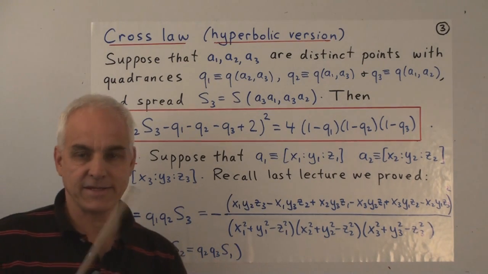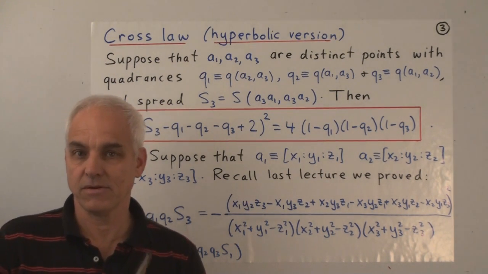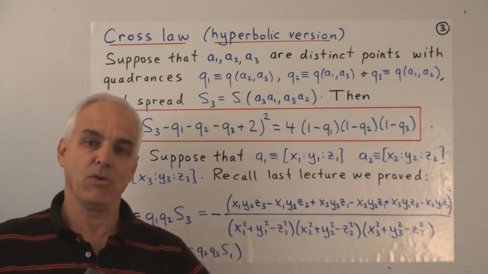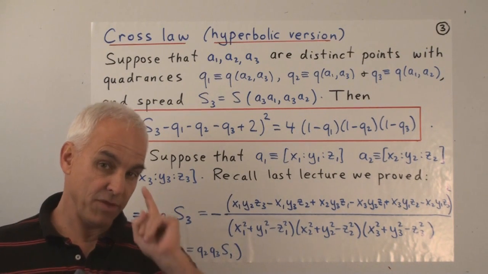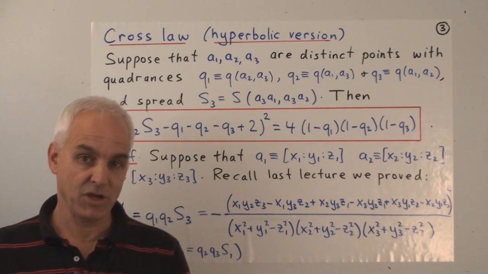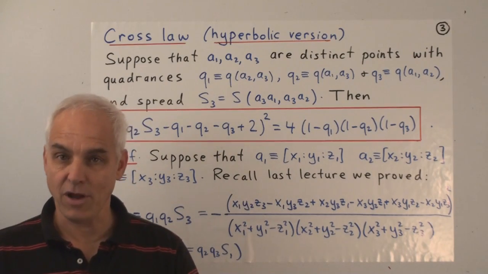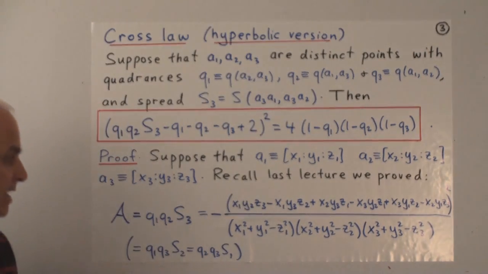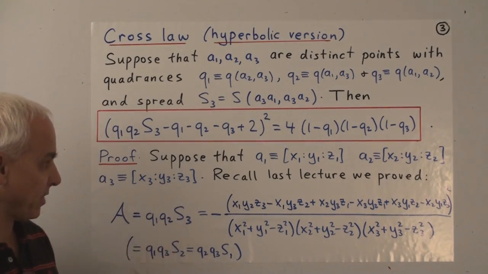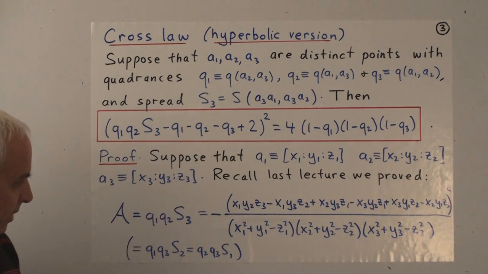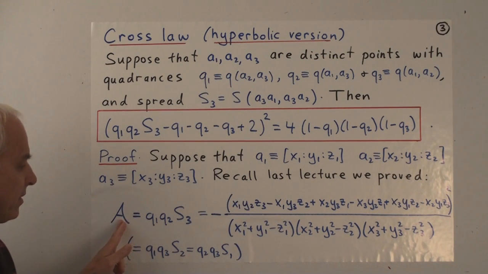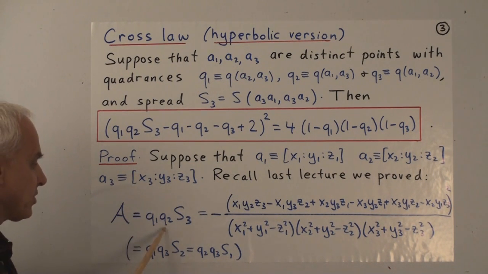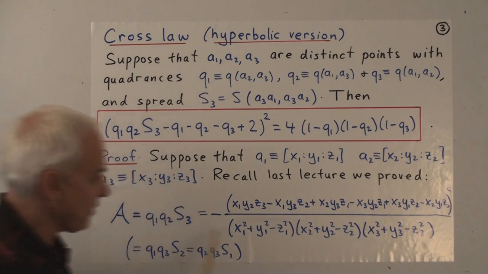Now, we've already established some formulas in this situation in the course of proving the other three theorems. But in particular, in the last video that we did, we proved the spread law. We proved a nice formula, and it was exactly this one here. It was related to this quantity I call the quadrea of this triangle, and that was Q1 times Q2 times S3. This particular expression appeared, and I wrote down this formula here.